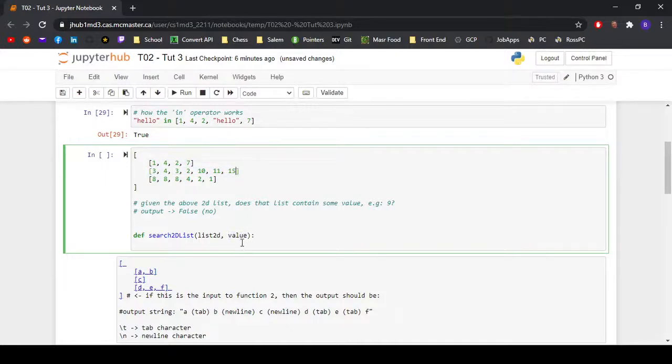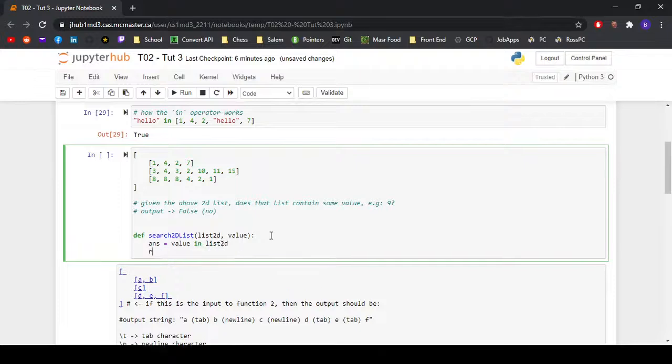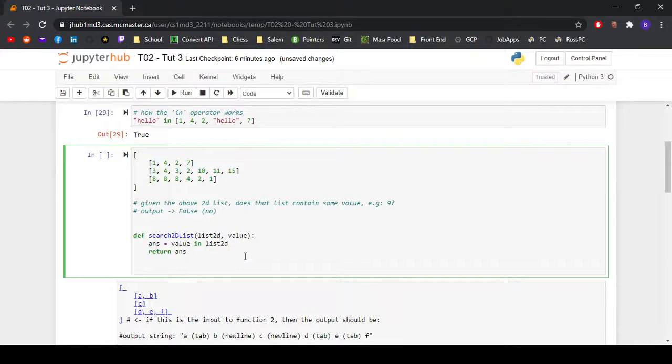Because basically, if we were looking for 9, some of you guys might be saying, oh, you can just check to see if this value is in your to-do list. You guys actually can't do that, and I'll show you why. If we said answer is equal to value in list2D, and then here we returned our answer, right? Let's try calling this. Let's try calling it search 2D list and we'll pass in,